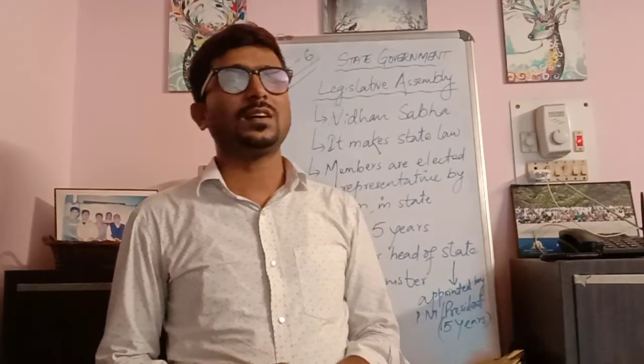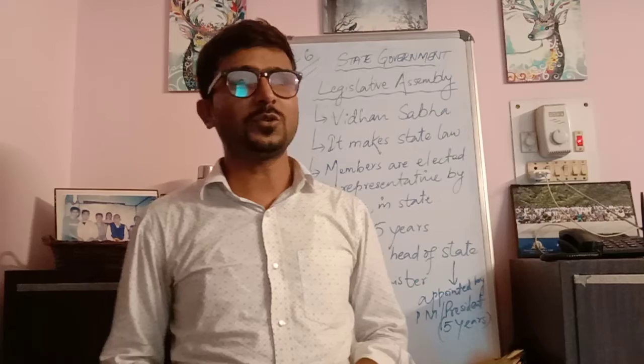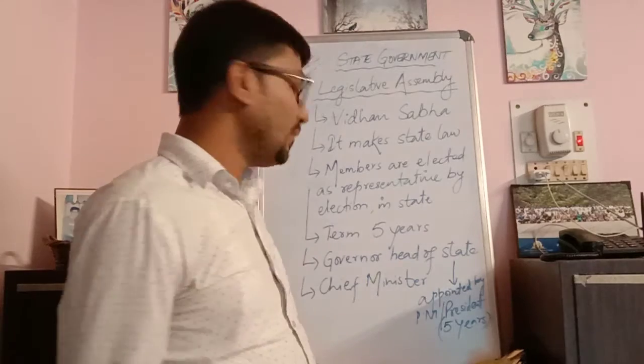Morning students. Today we are going to continue with our chapter number 6, which was regarding the government system, that is, democratic government. In that we were going through the three important organs of the government, where we first studied the legislative. And in the legislature we studied how the system is divided into two important parliamentary houses, the Lok Sabha and the Rajya Sabha.